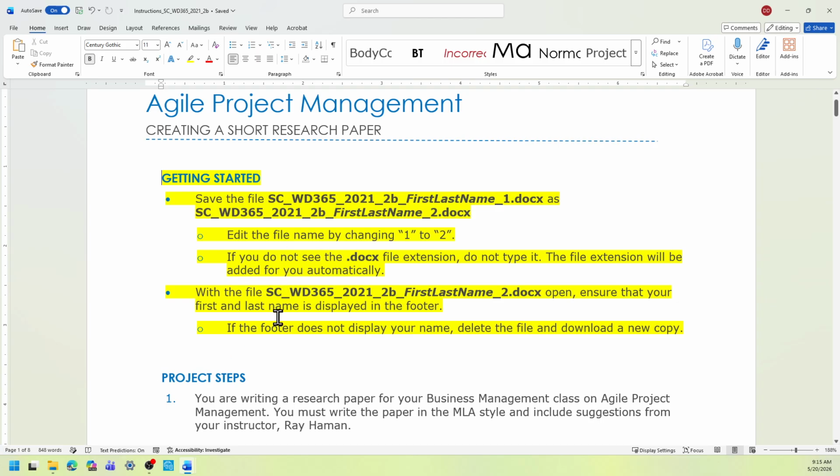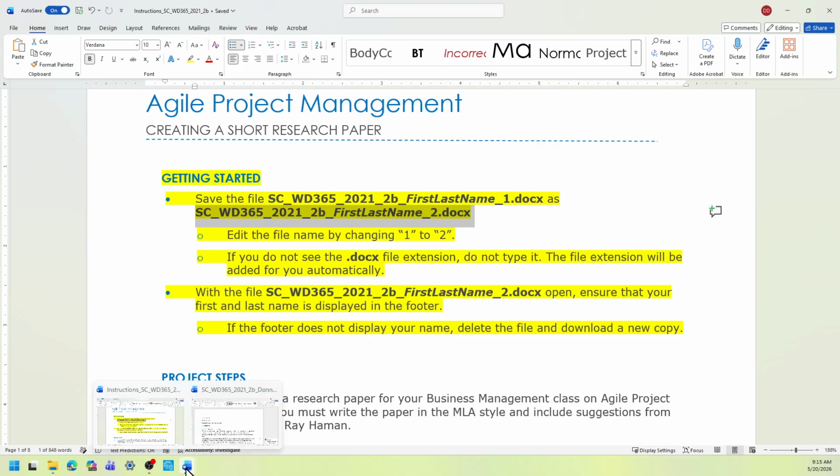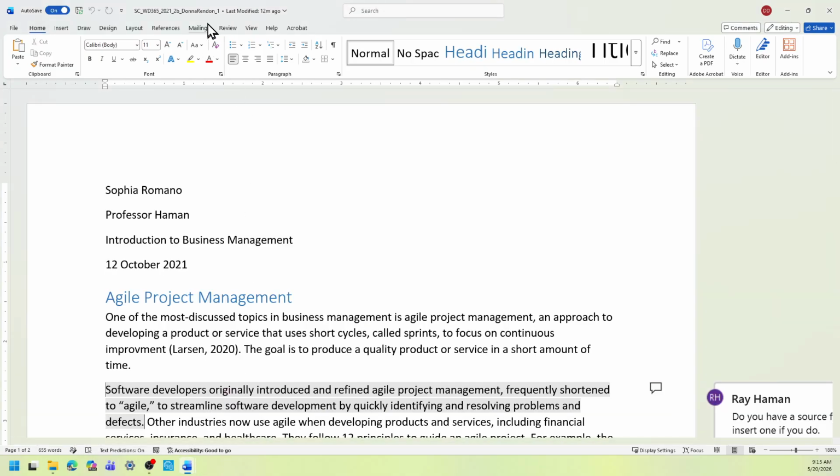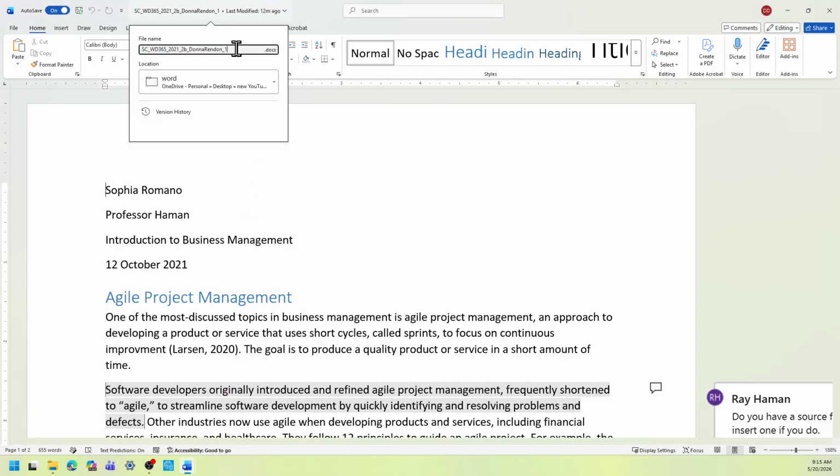The first step to get started is to rename your start file with this naming convention ending in underscore 2. When you download your file, it's going to be this naming convention underscore 1.